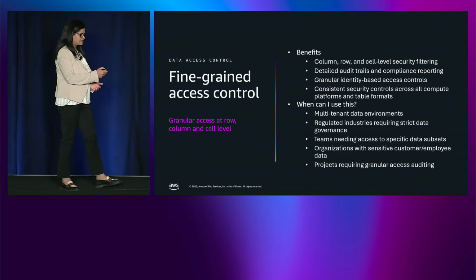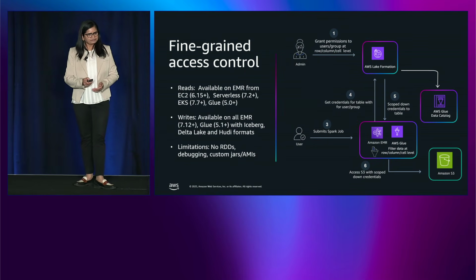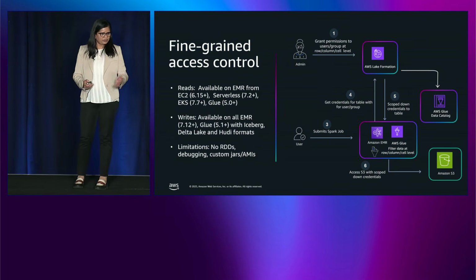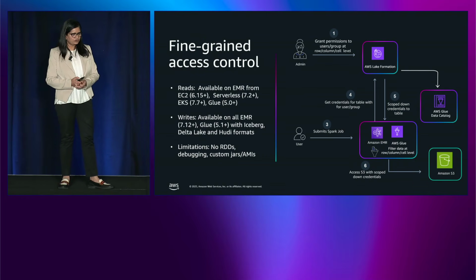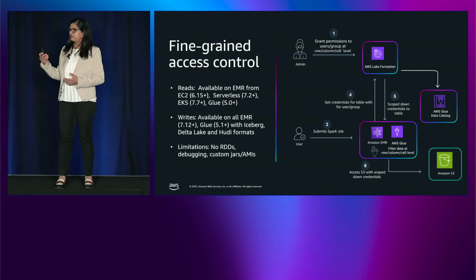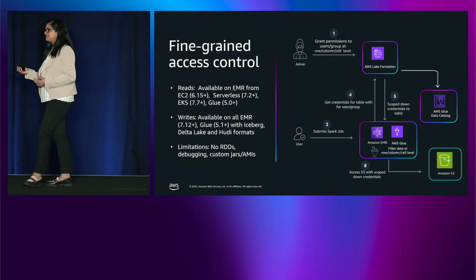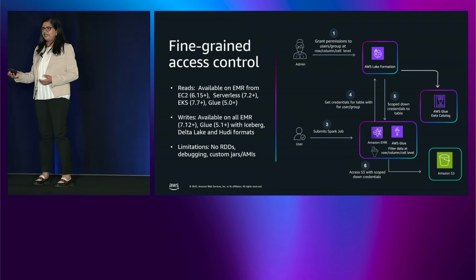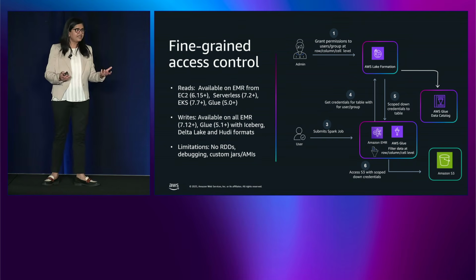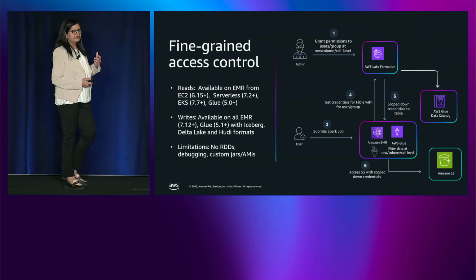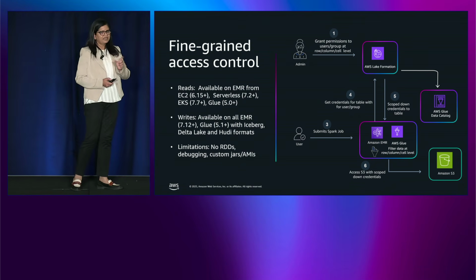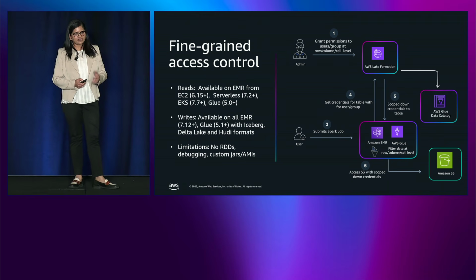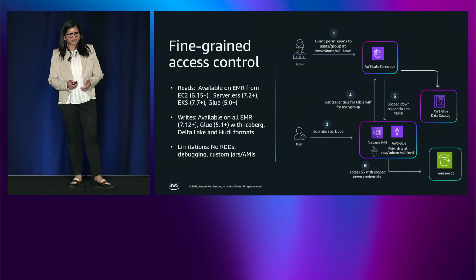This feature is immensely helpful there. So here is how it works. You have an admin granting permissions to users or groups. Remember, we talked about trusted identity propagation. So now Lake Formation is also integrated with trusted identity propagation, which means that an admin can grant permissions at a user level. And once the permissions are granted in Lake Formation, when that same user submits a Spark job,